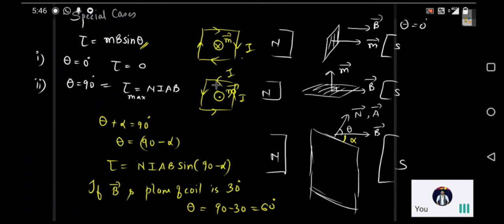So moving on, in this case also, that is when a magnetic dipole is placed in a uniform magnetic field, we have something called stable equilibrium and unstable equilibrium. Likewise, we had for an electric dipole in a uniform electric field, a stable condition and an unstable condition. The same way we have it here also.